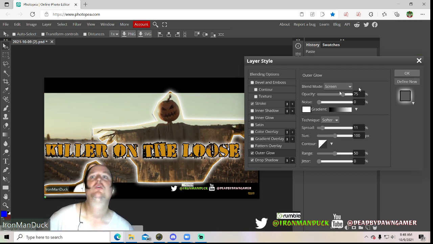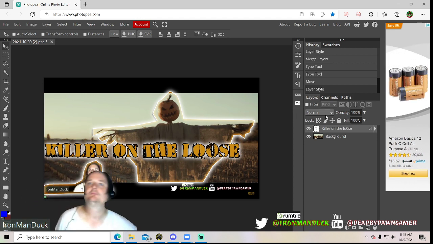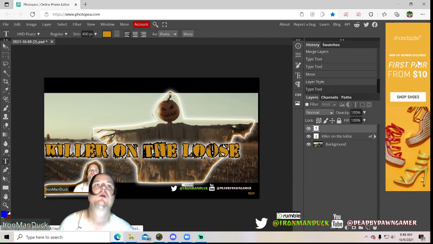Okay, so now on the lettering, you've got two choices. You can either merge down your layer, or you can add a new layer. I usually just add all the layers together. So now we're going to do a text, and then we'll put up here, click. Now this one, let's try 400 since this is going to be a smaller word. Highlight here, okay,